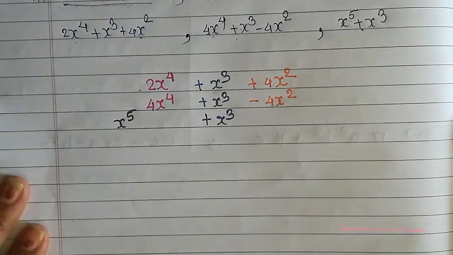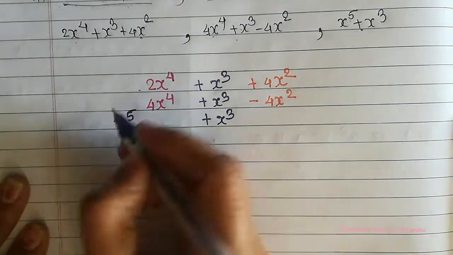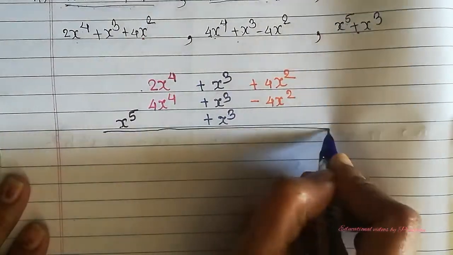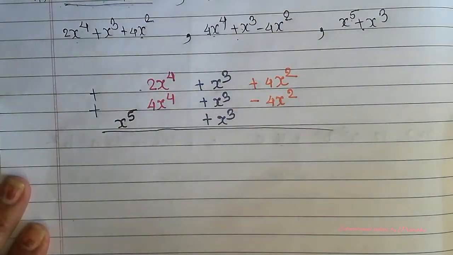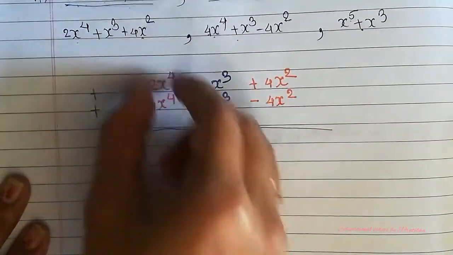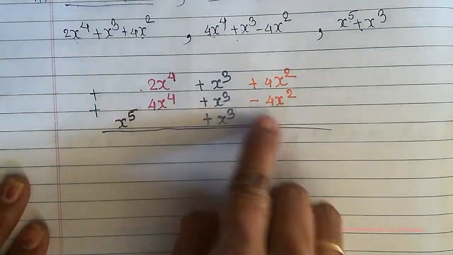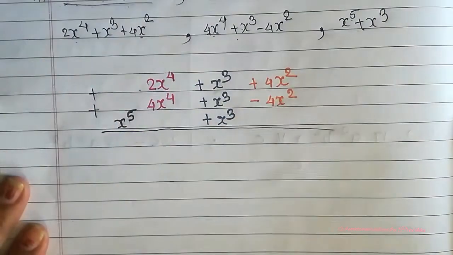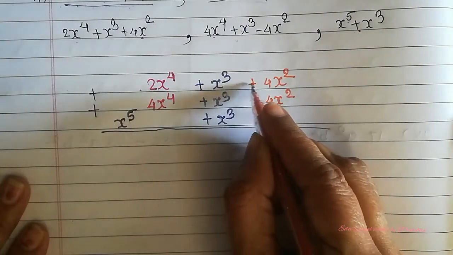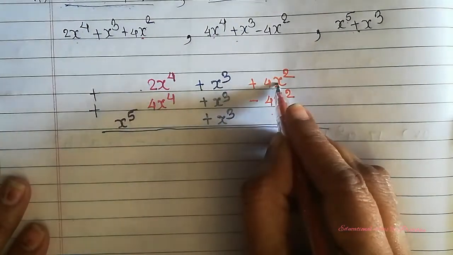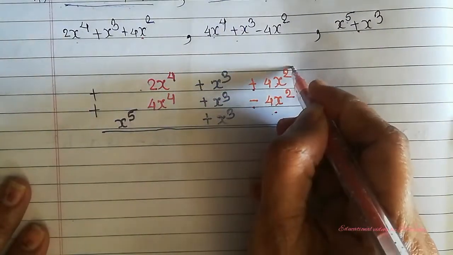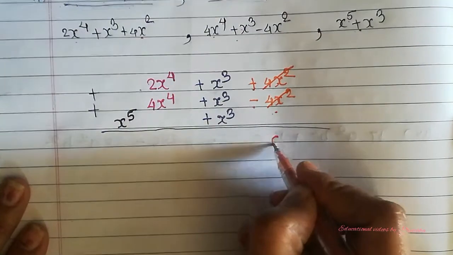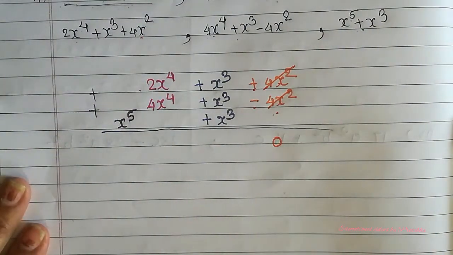Now it's time to do the calculation. I'm drawing the line over here. I'm putting plus signs here. Now let us go on adding terms according to their powers. So first I'm starting with power 2. Here the terms are the same, 4x square, 4x square, but one term is positive, one term is negative, so both will get cancelled, so nothing will remain here, so I'm writing 0. Now I'm going to the terms with power 3.